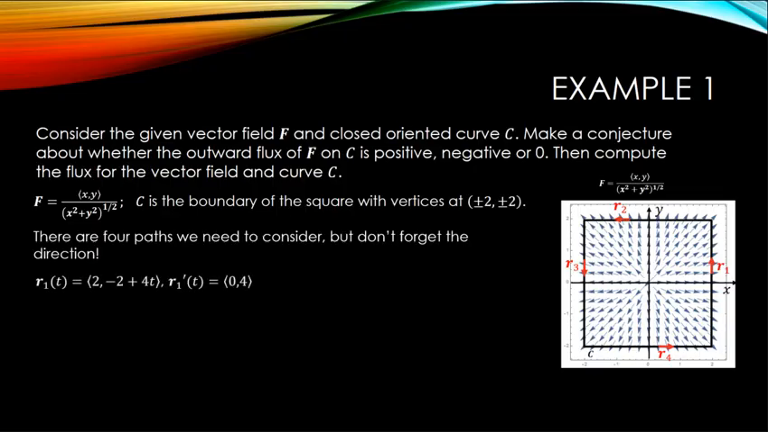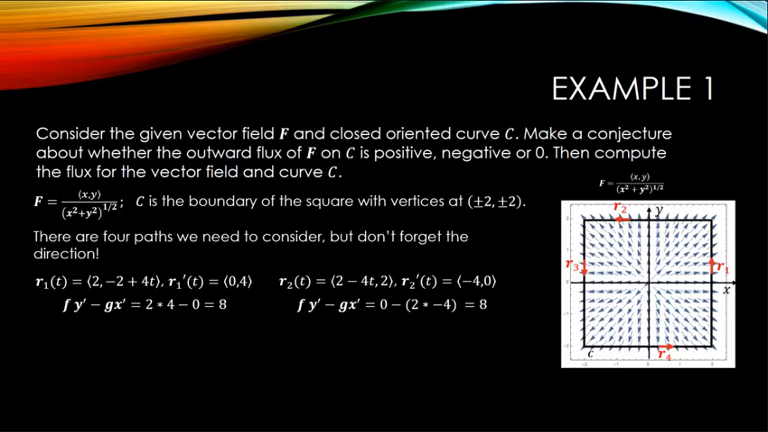perimeter of this square. R sub 1 of t is given by vector components 2 and negative 2 plus 4t, and R sub 1 prime of t is 0, 4. F y prime minus g x prime is equal to 2 times 4 minus 0, or 8. My second path, R sub 2 of t, is given by a vector with components 2 minus 4t and 2, and R sub 2 prime of t is given by the vector with components negative 4, 0. F y prime minus g x prime is equal to 0 minus the product of 2 times negative 4, which gives me